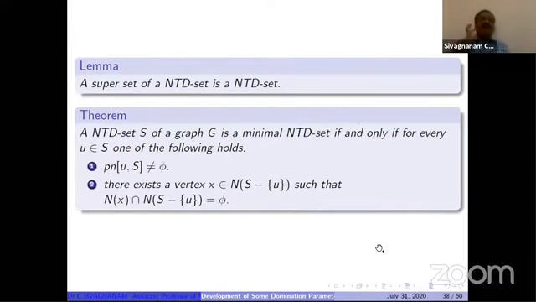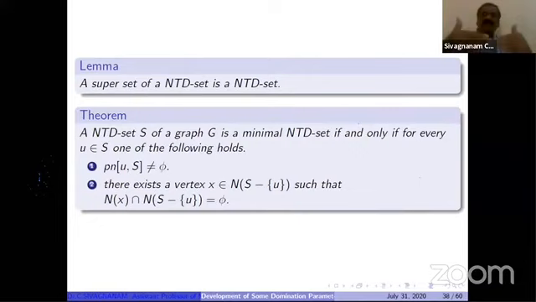Now we have the lemma. NT dominating set means neighborhood total dominating set. If we have one such set, we can find a superset of that set. Is it again a neighborhood total dominating set? We can check. So first lemma: a superset of an NT dominating set is again an NT dominating set. We have a set S, and we add one extra vertex from outside S. Now we get S union one vertex, a new set. Is this a neighborhood total dominating set? Yes, it is. So first lemma, a superset of an NT dominating set is again an NT dominating set.